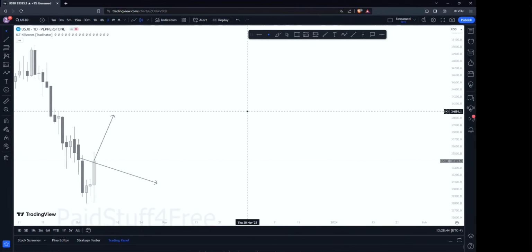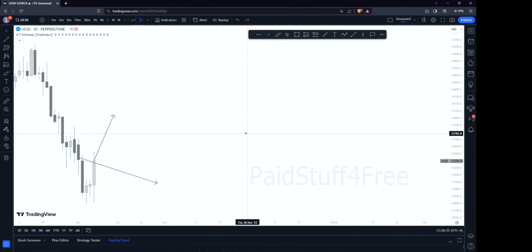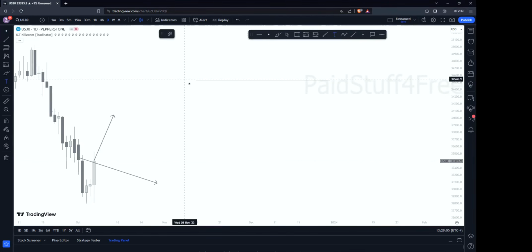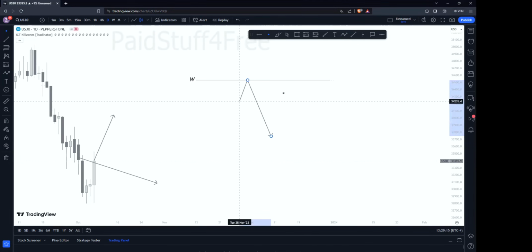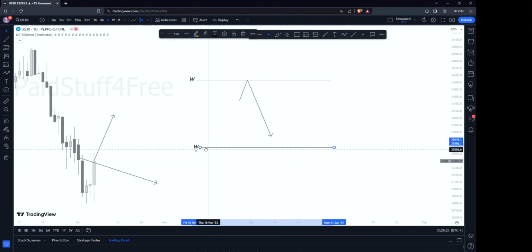Because the internal structure has to finish before the external, the bigger one, has to finish. So let's say the weekly moves like this. There is this theory about price, basically storyline, that price moves from a fresh level to another fresh level of the same time frame. If price wants to start a bearish storyline, that bearish movement has to have a starting point and a finishing point, which is a weekly level also.